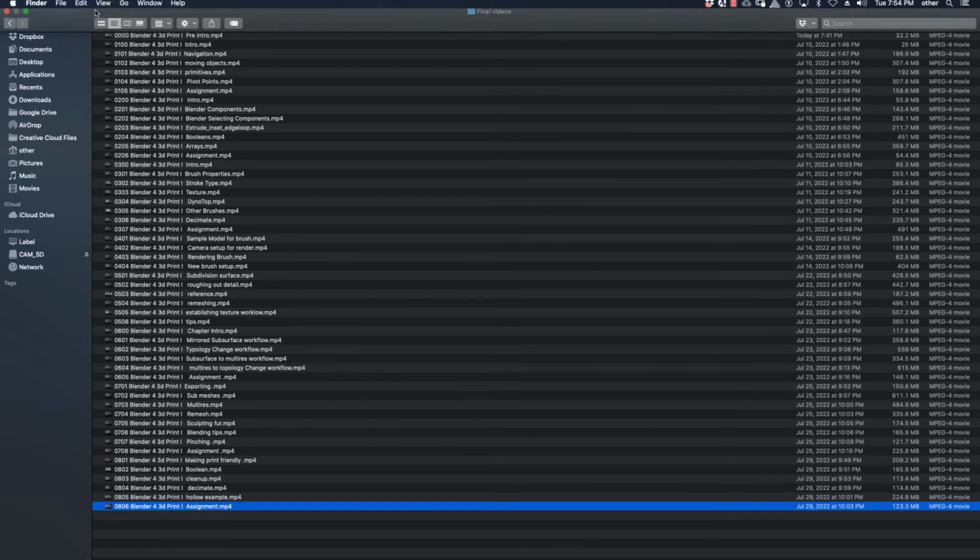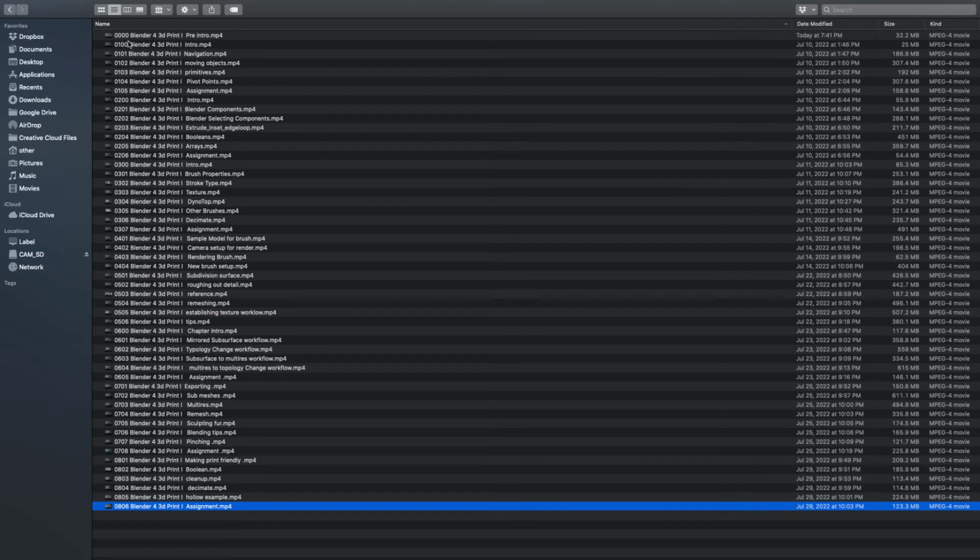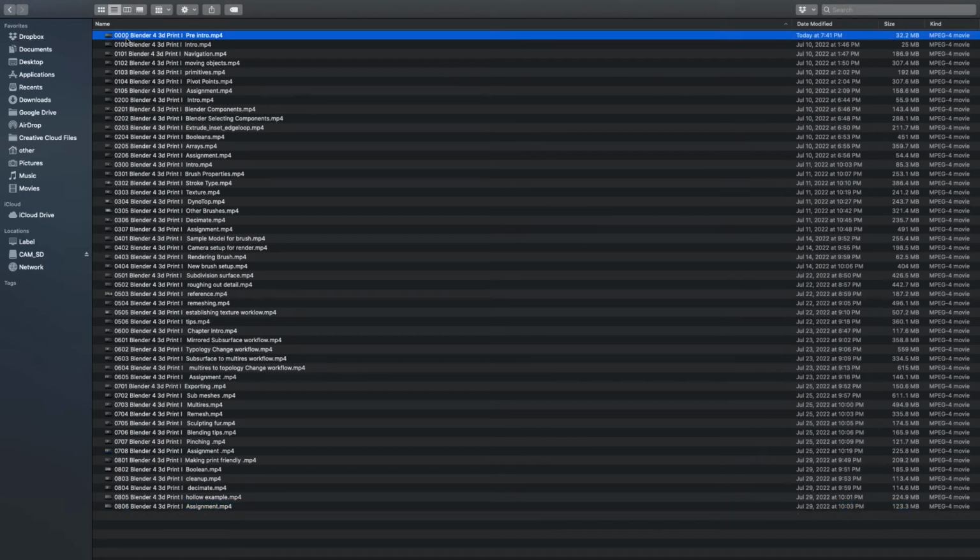This also allows me to do a pre-lesson where I might go into the 0000 or 0002 or 0003, and those I can explain further as time goes on how the series is structured.